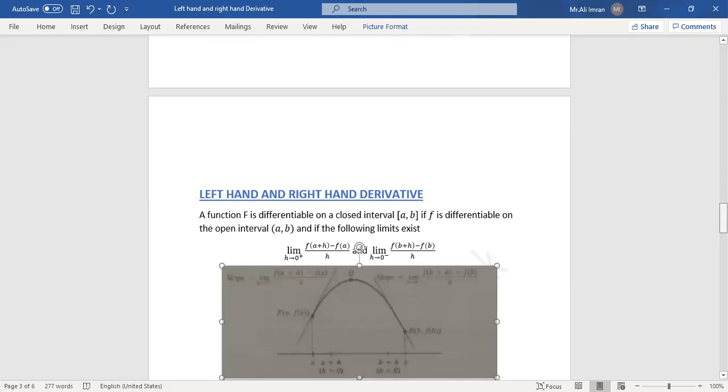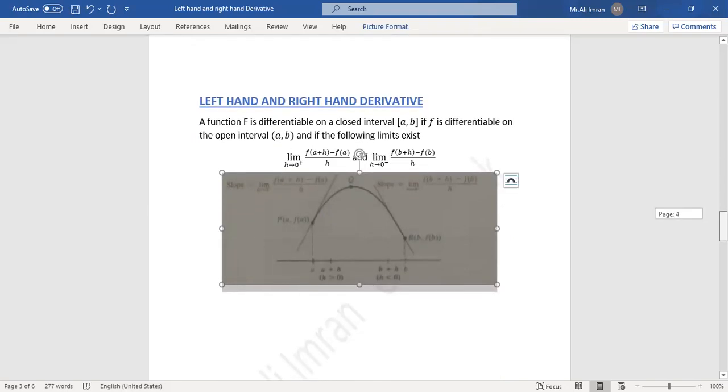Now we will define the left hand and right hand derivative limit. A function f is differentiable on a closed interval [a, b]. This definition is used when we study the derivative on some particular interval. So a function f is differentiable on closed interval [a, b] if f is differentiable on the open interval (a, b), and